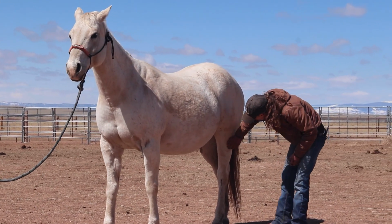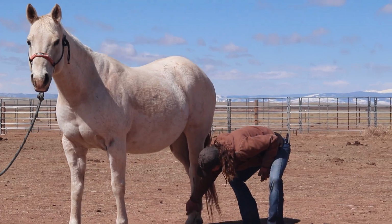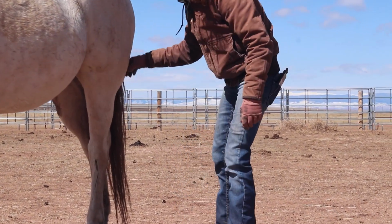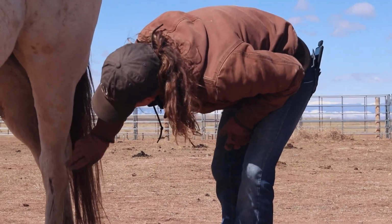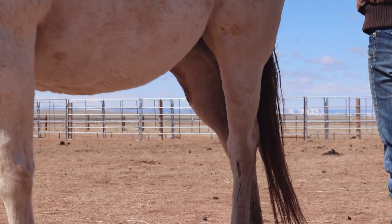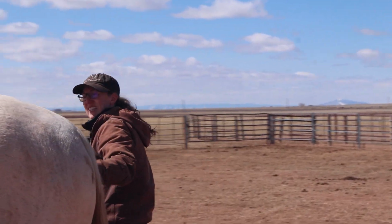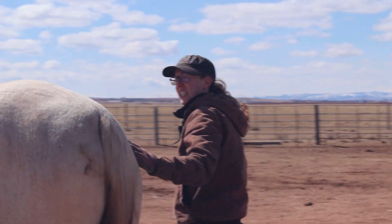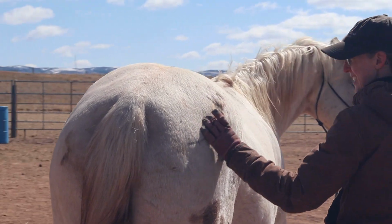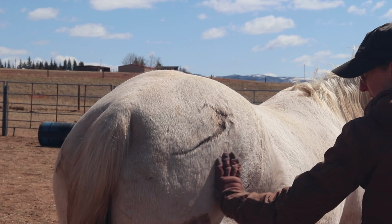And looking down here, she's got some scarring on this leg. I can feel around it. There's nothing puffed up that would tell me that this might necessarily be any cause for concern. It looks like it might be a more recent injury. We still have some scar tissue pulling off there. Touching on her hind, she seems okay with that right now. And then here's another really big scar on her hind. So I'd have the same question, kind of how did this happen? I'd want to watch her moving. It doesn't look like it goes into any major muscle like that front one does, but I want to kind of ask about that